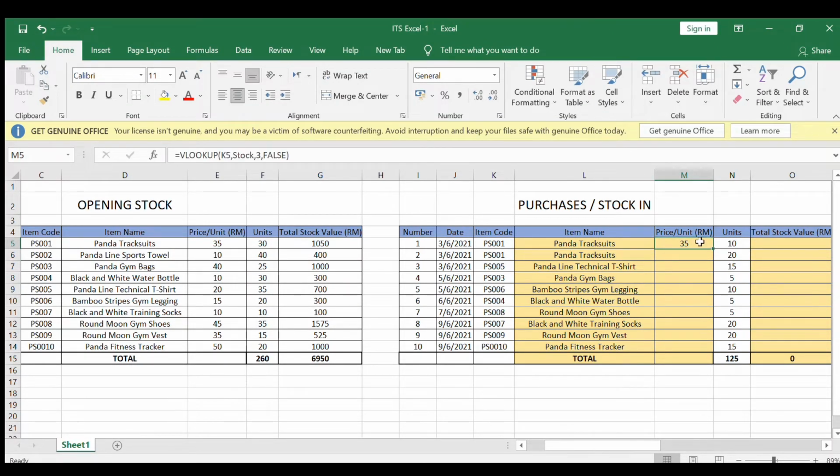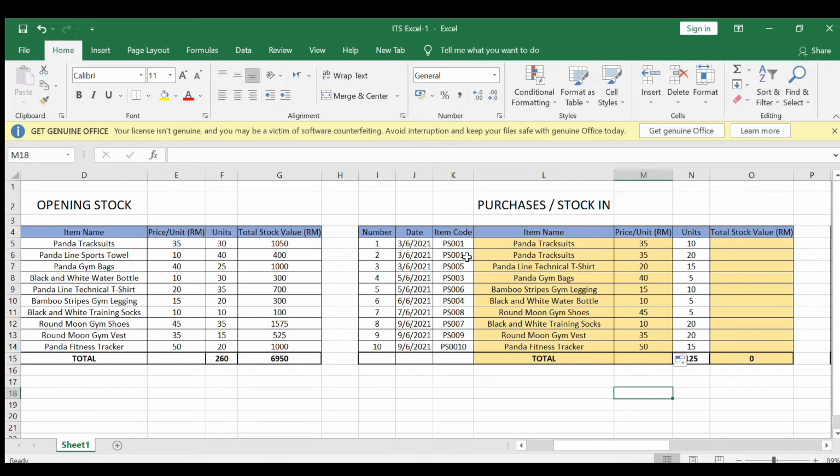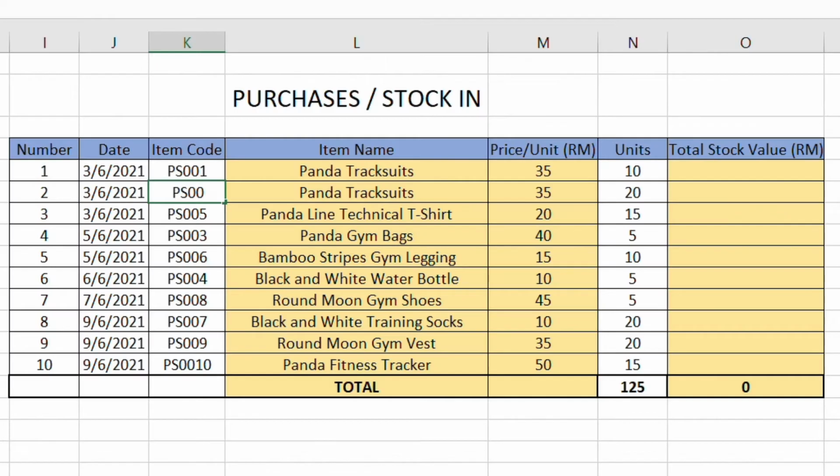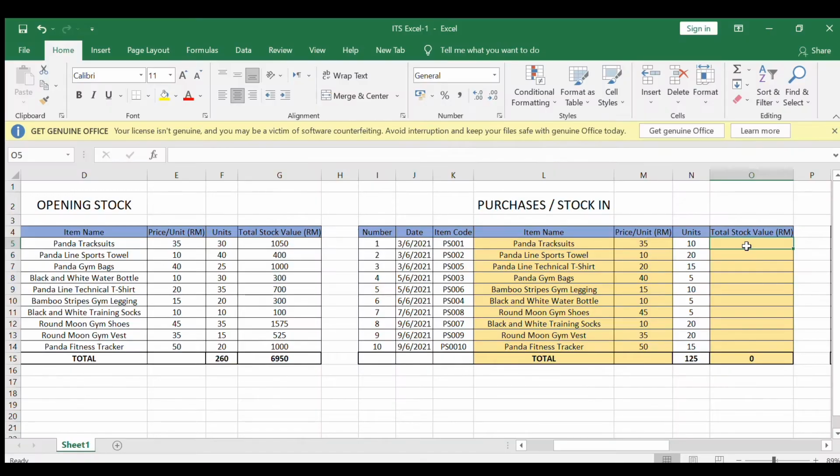And then we will choose false, as we want to take the exact number from the opening stock to purchase stock, and then you can drag it out, so you will not have to do the formula in each row. And next we will see if it works or not. Now we will change the item code, and you can see there is a change in the item name and the